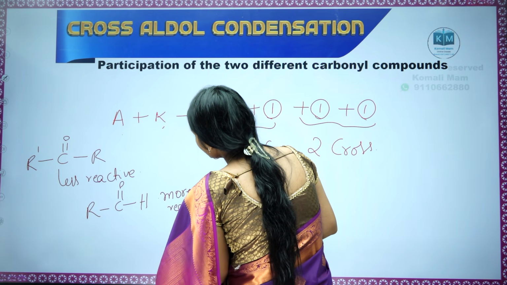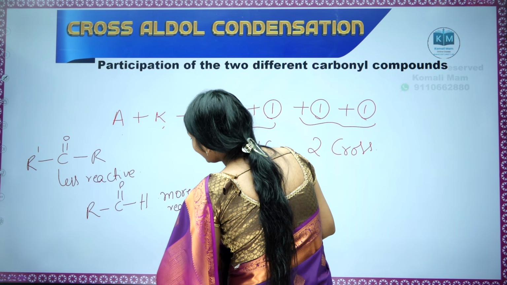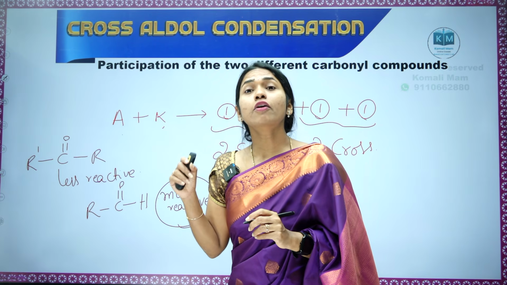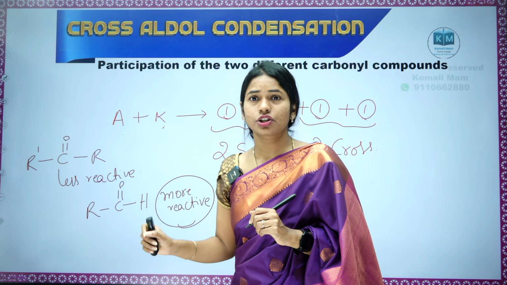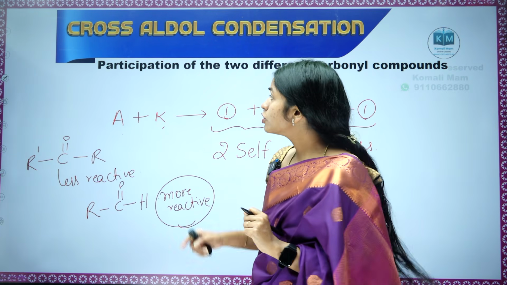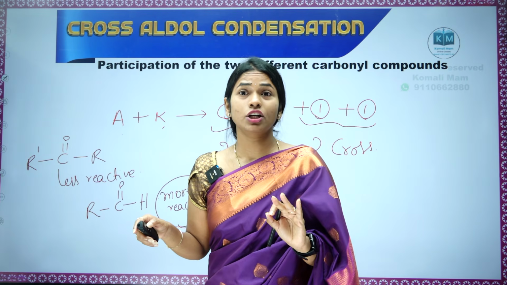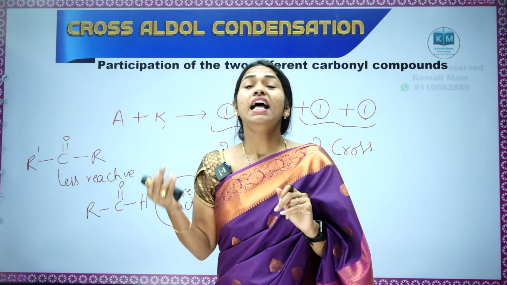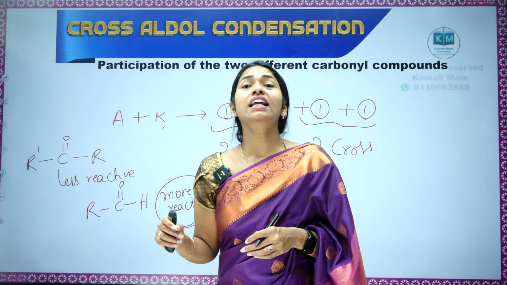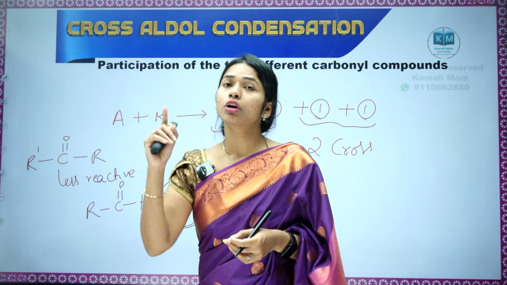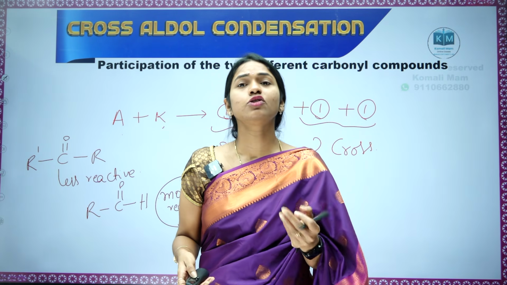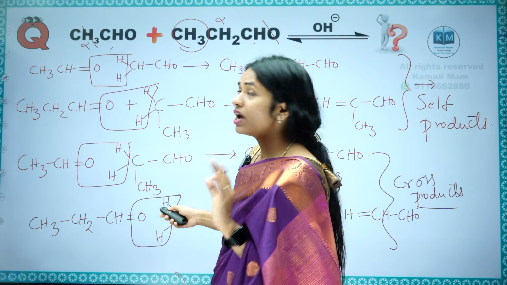So what I want to say is, usually aldehydes are more reactive structures. So from the more reactive structures, what you do is remove oxygen. That is the trick. So from the more reactive structure, remove the oxygen. From the less reactive structure, remove hydrogens. Usually aldehydes are more reactive, so remove oxygen. Ketones are less reactive compared to aldehydes, so remove hydrogens. That's it. You will write.